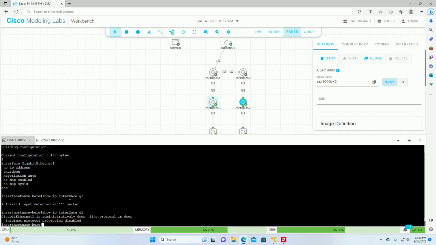It's because I have everything administratively down and line protocol is down. What this gives you, if it's up, of course, it's going to say is up. Line protocol is up. Internet address is, and then it's going to give you the